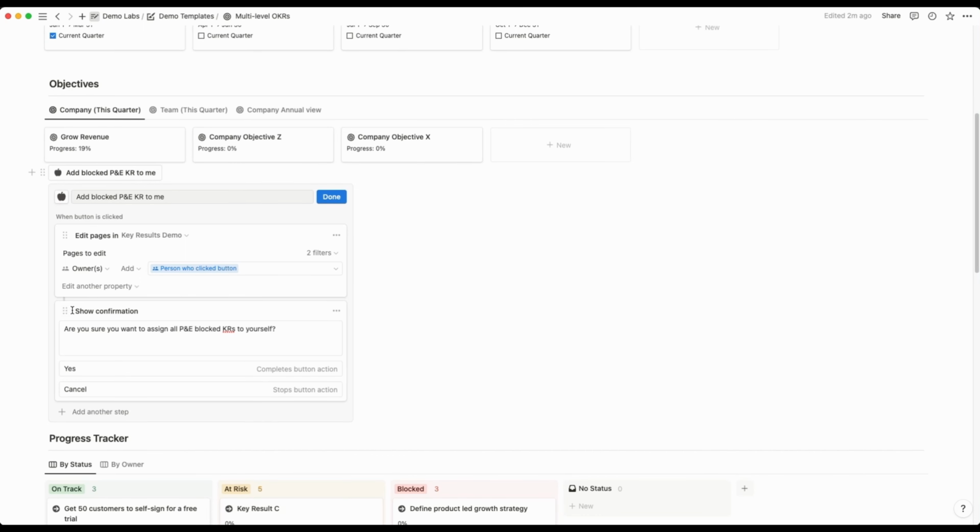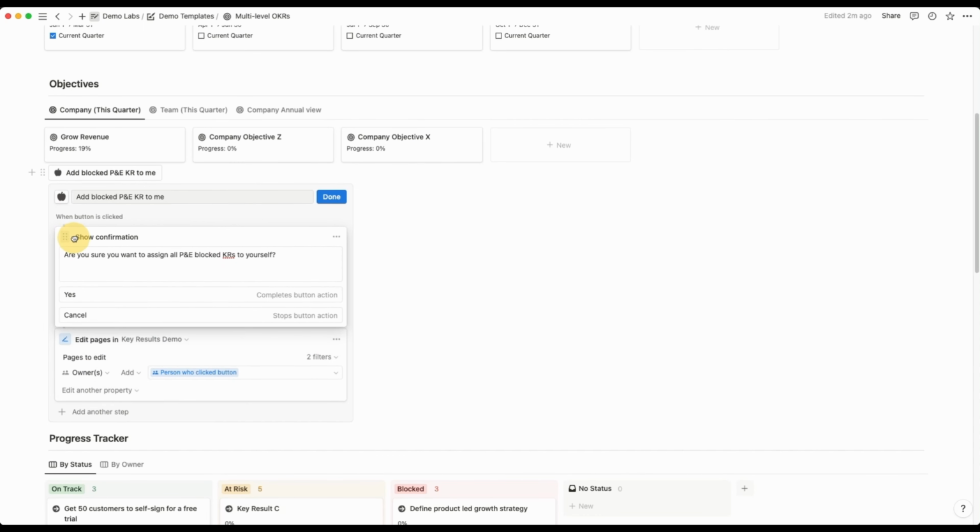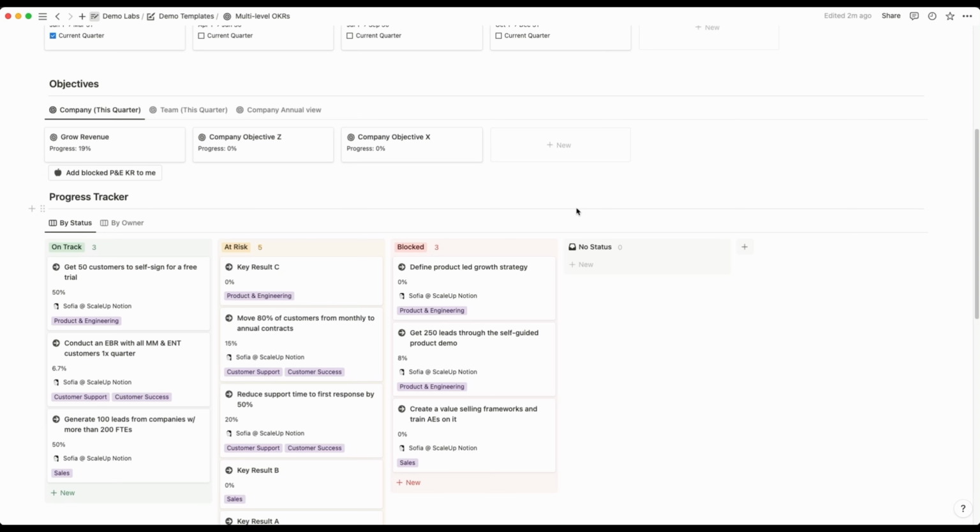What I will want to do next is to actually drag this confirmation question to the top, so it's the first thing that the automation will run. So before any action will take place, there will be this pop-up window showing this question. Now we're all set, so I'm going to click done, and I want us to have a quick look at